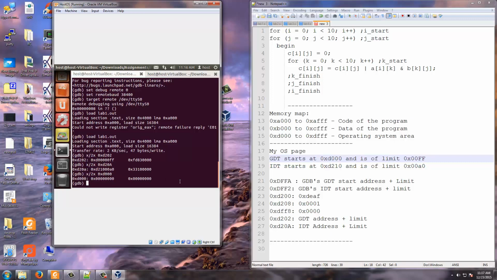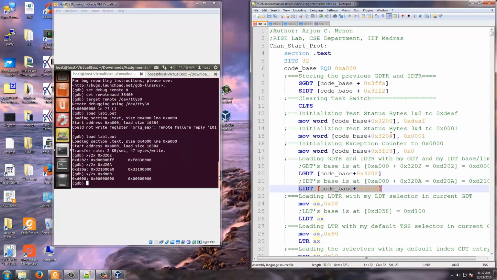So 0, 1, 2, 3, 4, 5, 6, 7 is first a null descriptor.